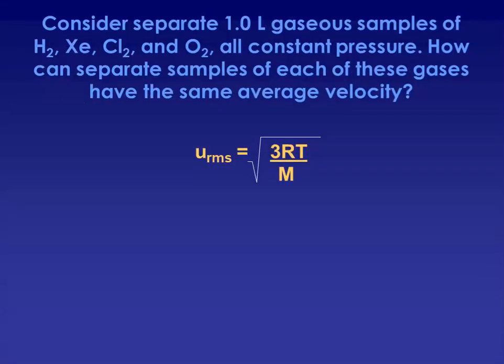And then the final question we're going to look at in this section, you have 1 liter samples of hydrogen, xenon, chlorine, and oxygen. They're all at constant pressure. How could each of these gases have the same average velocity? If they are all at the same pressure and we want them to have the same velocity, we would have to have a ratio of your Kelvin temperature to their molar mass that would be the same because the other